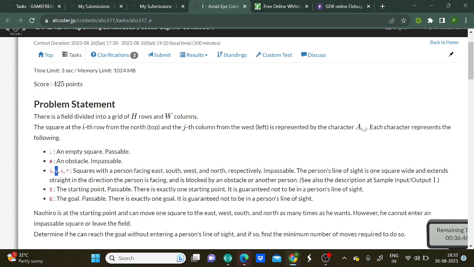अच्छा, one square wide person and one square wide. अगर लेफ्ट में दिख रहा है, इस एक ब्लॉक के पीछे, that's the starting point possible. There is a kind of... अच्छा, extend is